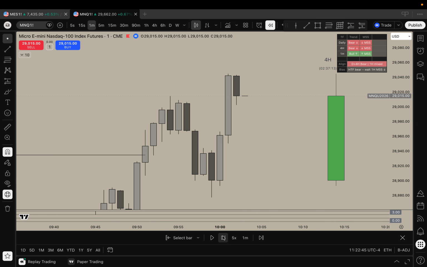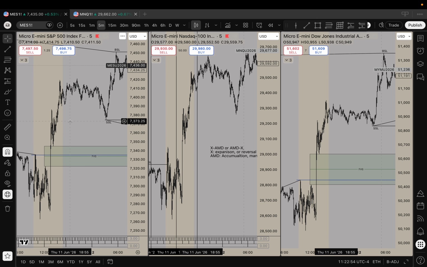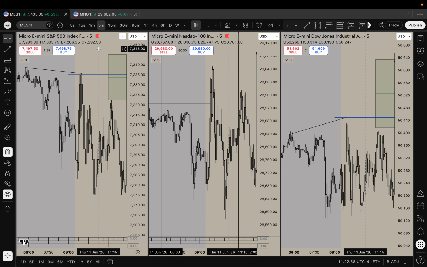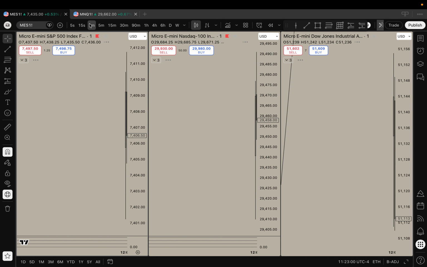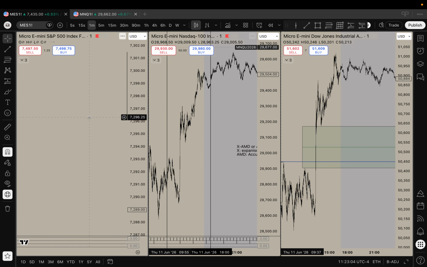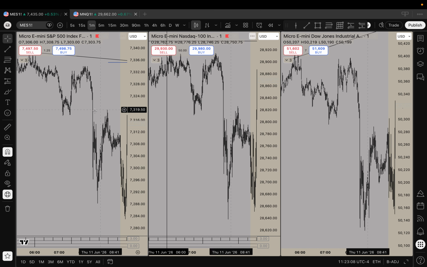Now, what I'm waiting for is this. There was a low time frame SMT. So if we look at MES over here and we just go to the, I guess we can just see it on the 5 minute. No, I guess we can't. We have to look at it on the 1 minute. This will all make sense in a moment. This SMT right over here,